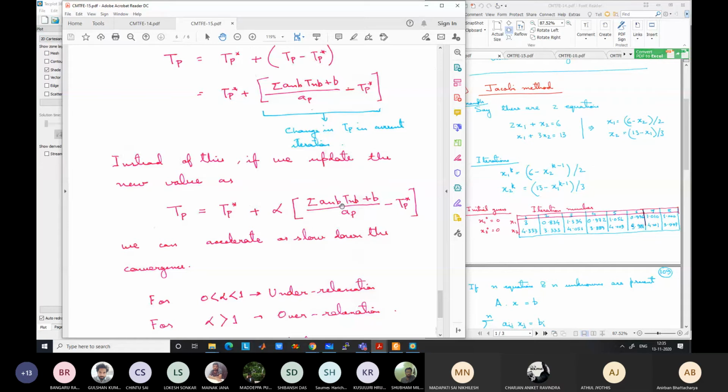The previous iteration error was only 2, 3 minus 1. Now the new error is 8, meaning 1 minus 7. Absolute error is 8. Actually, the error has increased. But if you use an under relaxation, a very small under relaxation factor like 0.1, then instead of 10, you will change the value by 1 only. So instead of going from 3 to minus 7, you will go from 3 to 2. So you are moving in the correct direction.